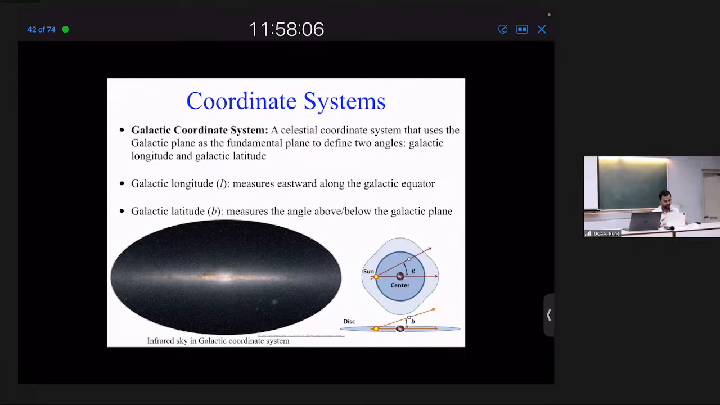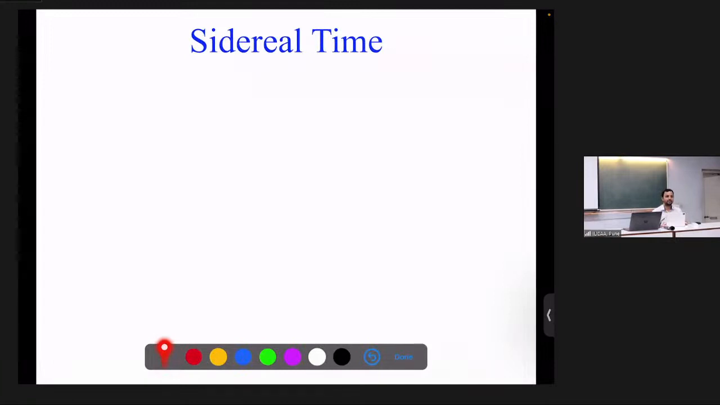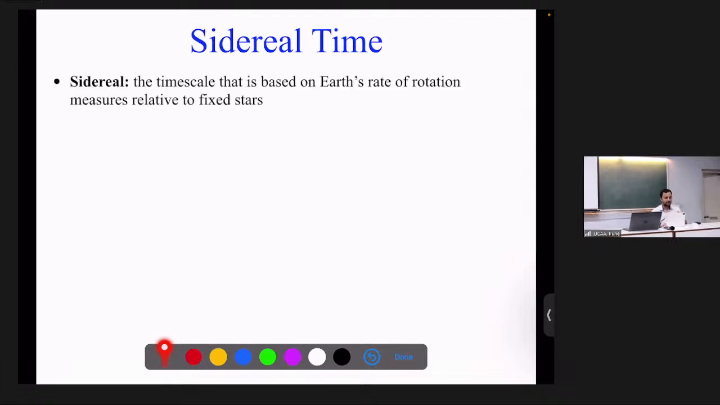Got it? Okay. Now let us talk briefly about something called sidereal time. ये सुना है? तो पढ़ा दिया ना? Okay, what is sidereal? The time scale that is based on Earth's rate of rotation measured relative to fixed stars. Since you have already figured it out, I will ask a question. Okay, so the point is that this is a time scale based on Earth's rate of rotation measured